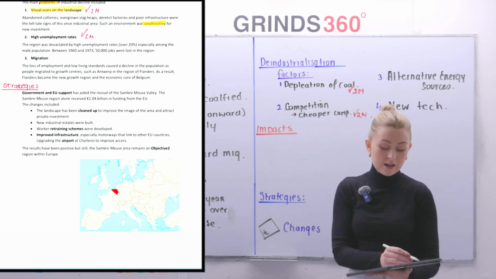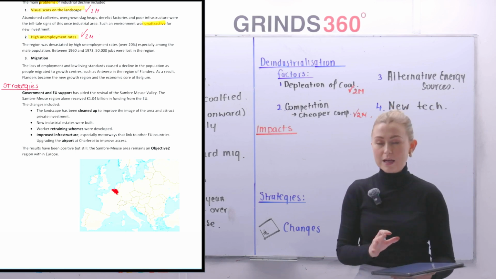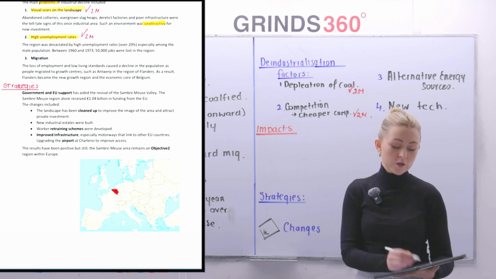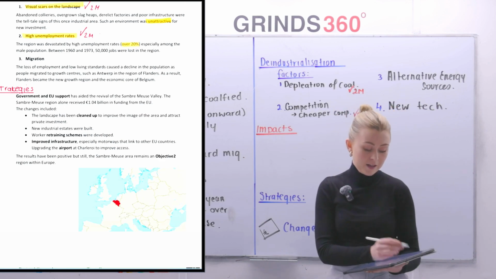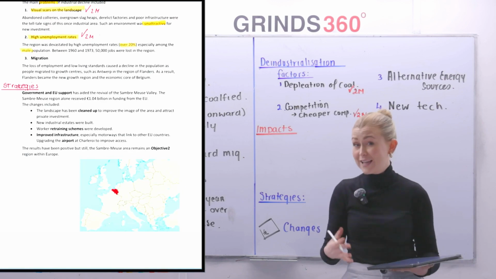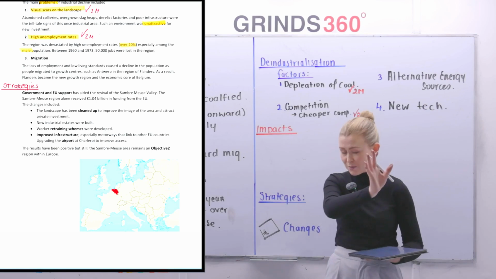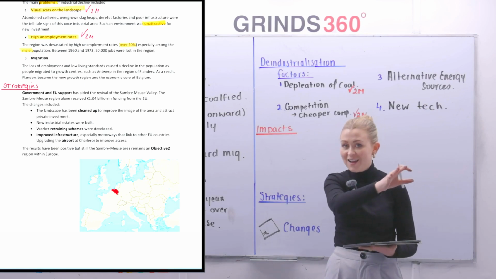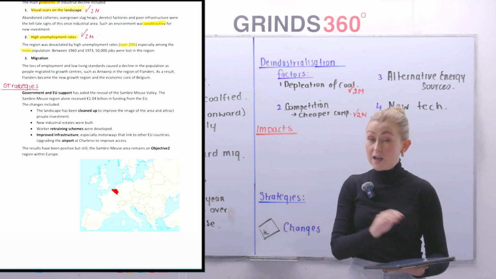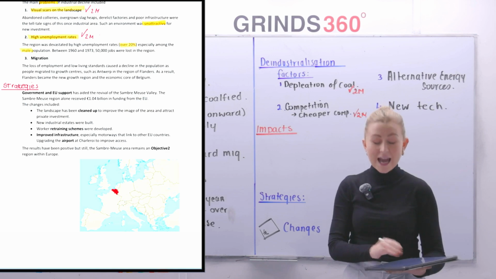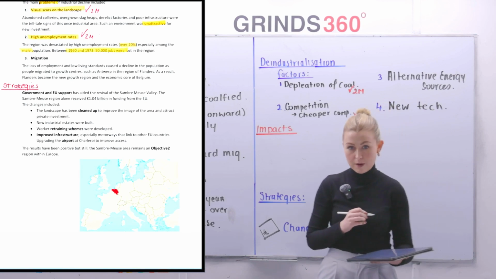The second one was high unemployment rates. The region was devastated by high unemployment rates, over 20%, highlight over 20%, predominantly among the male population, highlight the word male. Now, the reason it was obviously predominantly among the male population, we're back here, in the 1950s. Prior to that, I suppose, really is the best way to say that. Earlier than that, it was predominantly men that was working, and particularly in these heavy industries. Between 1960 and 1973, 50,000 jobs were lost in the region. Pop them a little highlight over them figures.